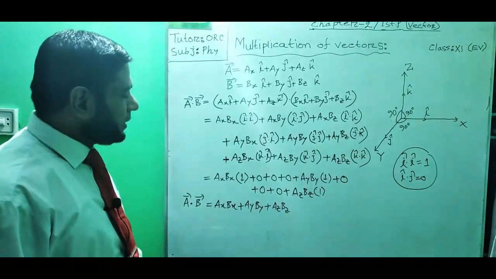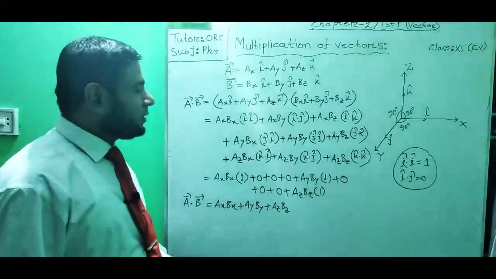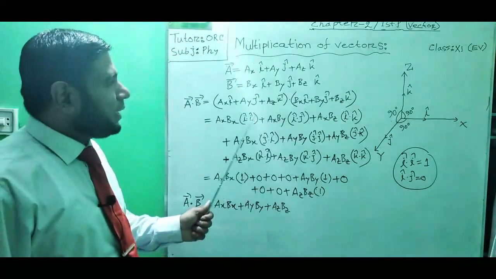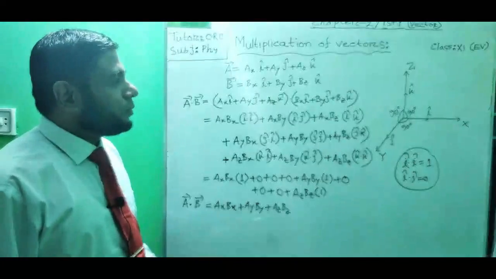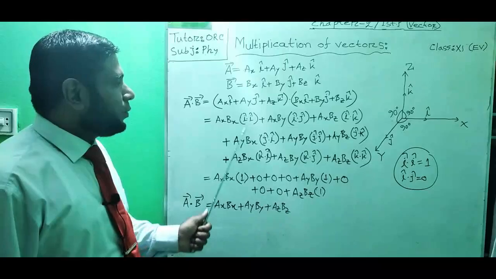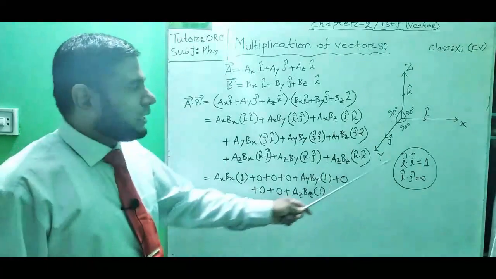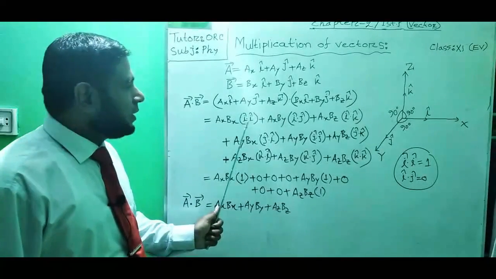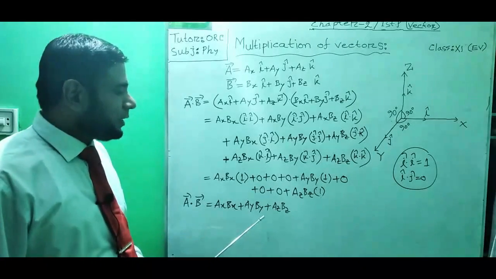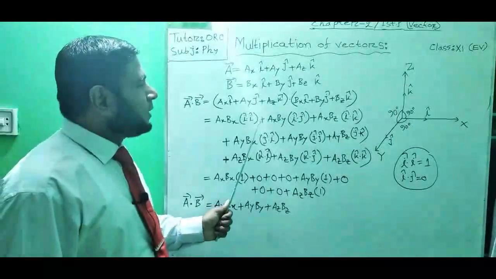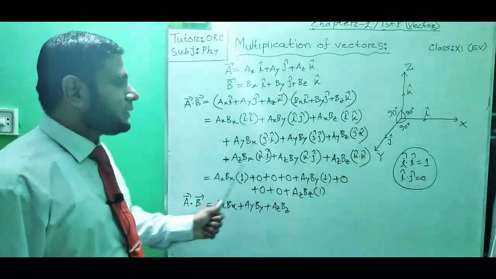But some students may say, sir, here we have not applied any angle. No, there is no chance to say that. We have already applied the angle between the two vectors, as according to the scalar product we are multiplying all the unit vectors, so some values will be 1 and the others will be 0. We have already applied the internal angle of all the vectors, so there is no chance to say we have not applied any angle. No, we have applied the angle in all cases.